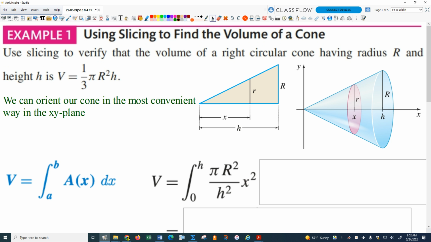For any given value of x, the radius small r is going to be related by this relationship, because we know the height of the cone is a constant, and the capital R radius of the base of the cone is a constant, right? So those aren't changing. Then we can just set up this ratio x over r. Actually, we want to do it the other way, don't we? Not that it makes a huge difference. Let's do this: r over x equals capital R over h, right? And so if I solve for r as a function of x,